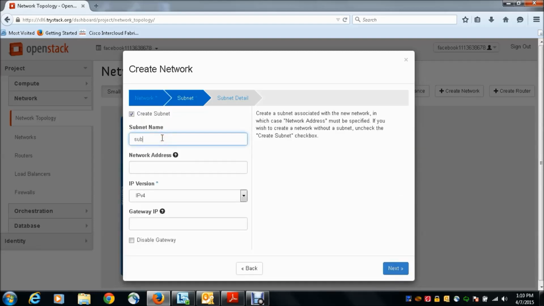I call it subnet, and give a network IP address, and I call it 192.168.1.0/24, and IPv4, and the gateway IP 192.168.1.1. Okay,